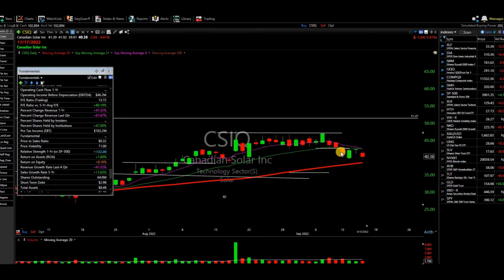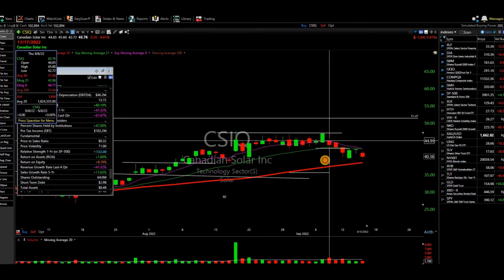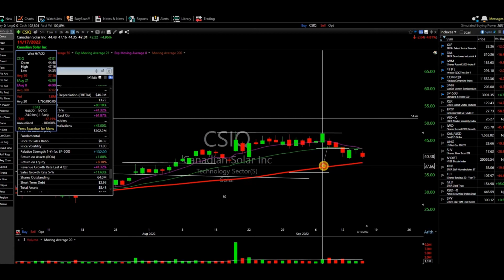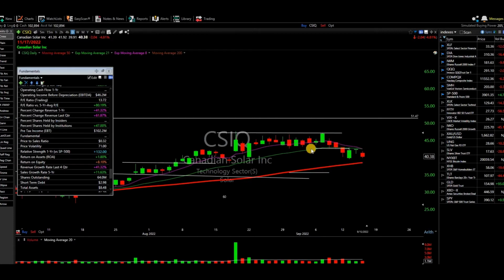Because sometimes what happens, I noticed, is that during the day they will penetrate that 21 moving average, and they will close red, but the next day they will pop right back up. So they will take some losses, and that's why most of the time I will wait for the stock to close to see what happened. Sometimes I will take 50% off the table, so you always want to manage your risk. And again, these are not set rules, you have to develop your own. I'm just giving you what I did through the trade.